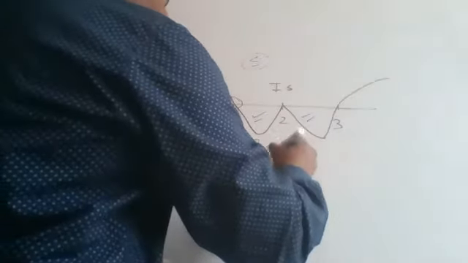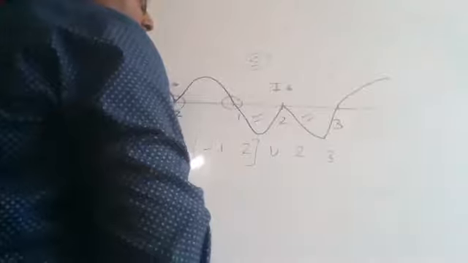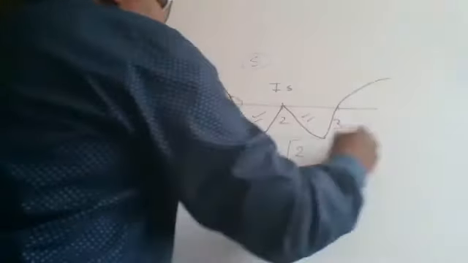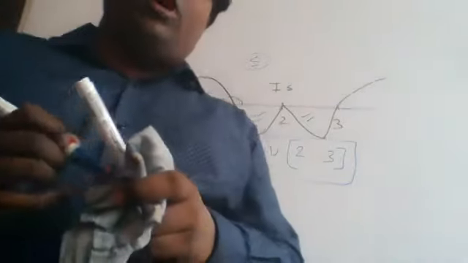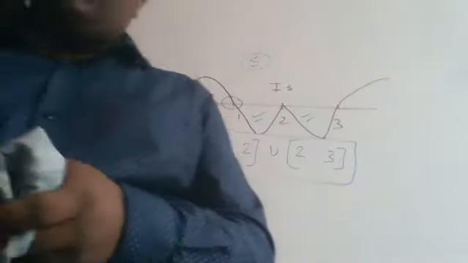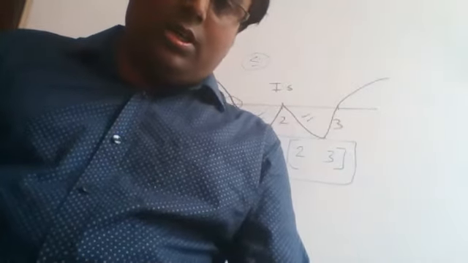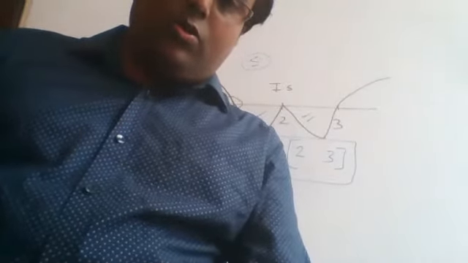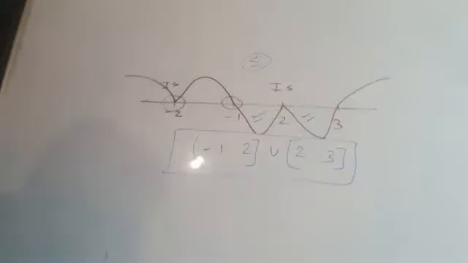After that, what do we have to use? Union. One more solution is there, 2, 2, 3. This one. Simply. By this we get the desired solution of the inequality. So this is the method to solve such type of question when the factor has the even power. And very important, always be careful about such type of question when you are solving the questions.